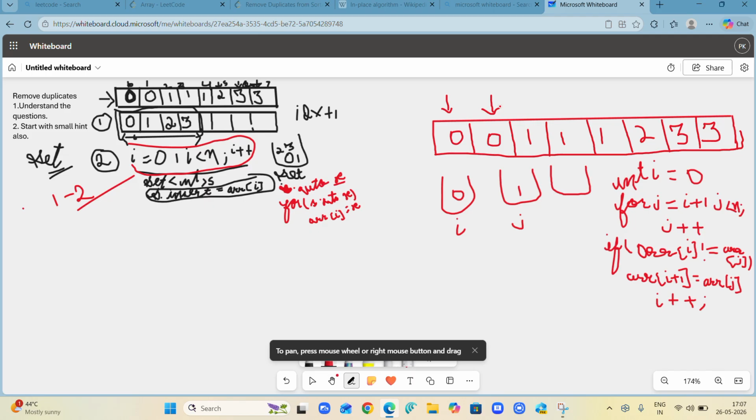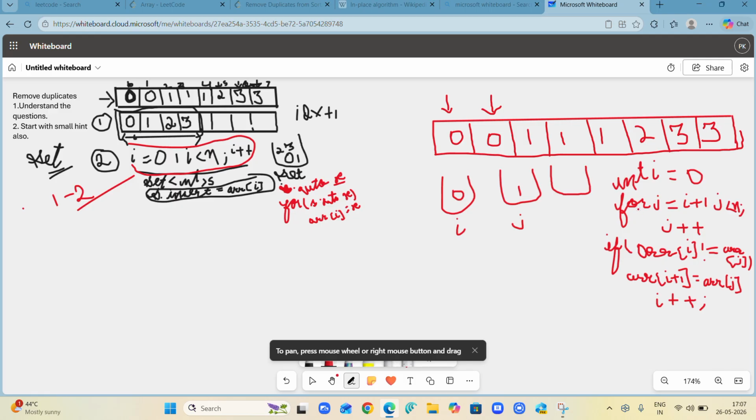You could see that in the case of in-place, just look at the logic, how did we remove the extra array, how did we overcome that?